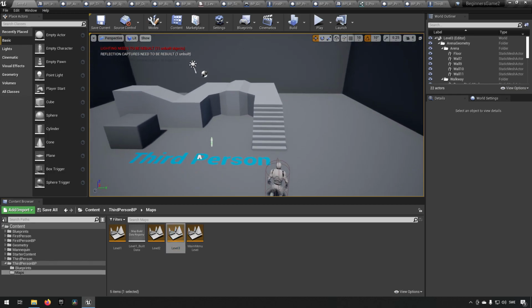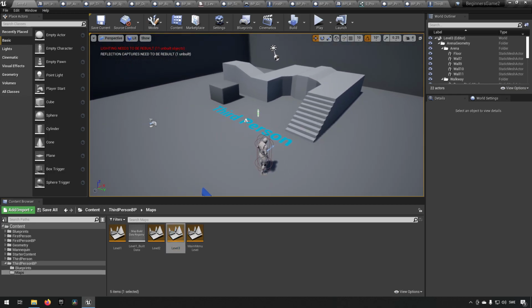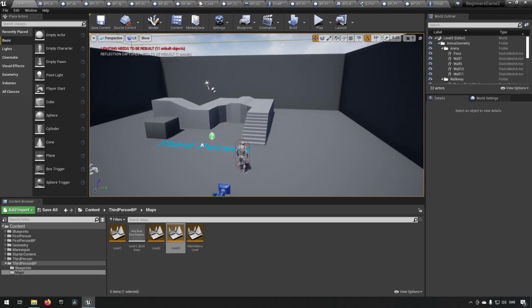So for level 3 I was thinking as a puzzle element we would just do a simple platforming part. So we'll create some platforms that move around, some platforms that blink in and out of existence and allow the player to navigate through some rudimentary little obstacle course, and if the player manages to get to the end of the course there is something over there which allows them to take